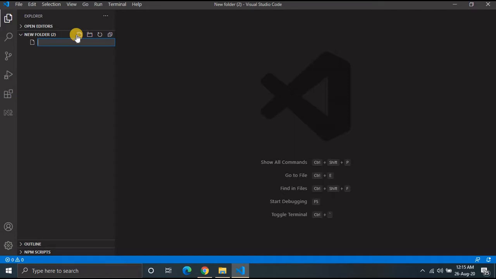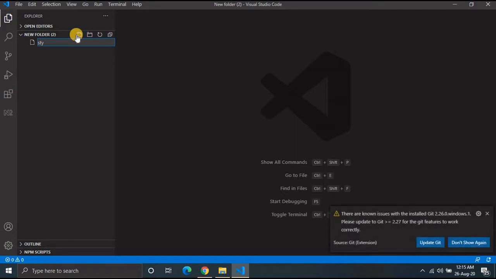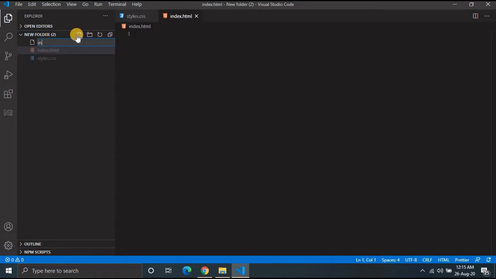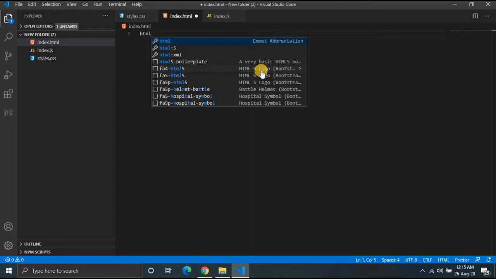Okay, so let's make 3 files then. First is let's say styles.css. Second is index.html. Third is same, index.js. Okay, so in our HTML file, first we have to use boilerplate code, which is